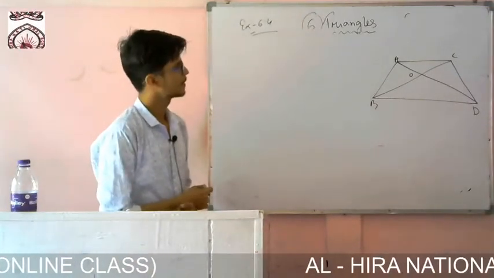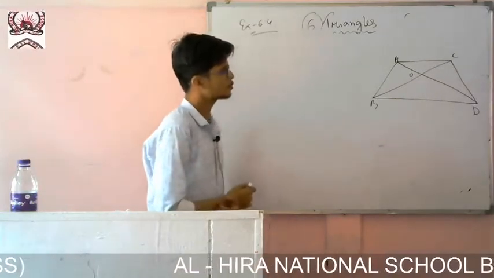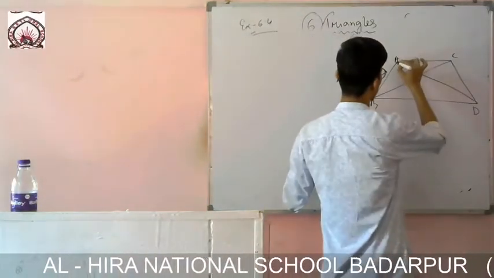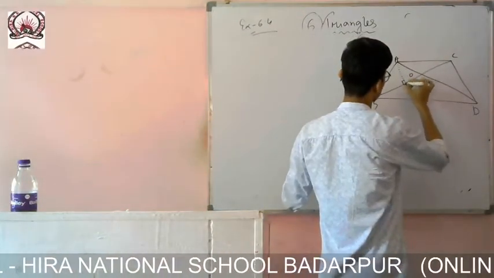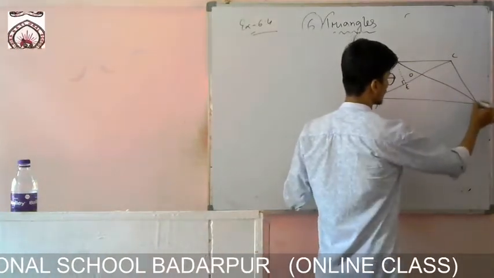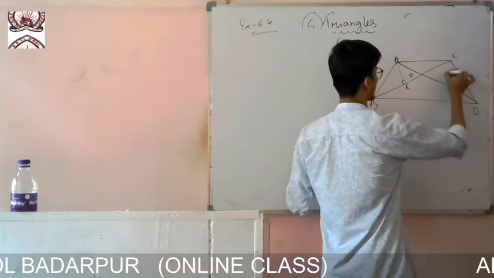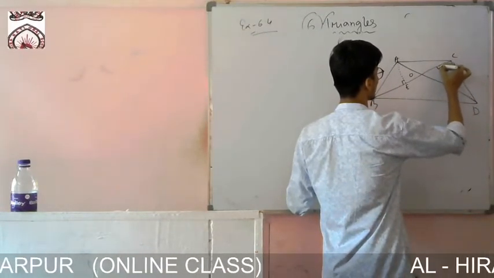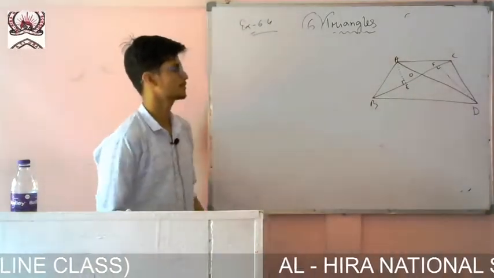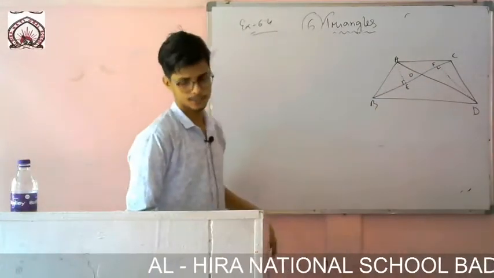Okay, so one construction we need to do. We need to draw two perpendiculars. One I am drawing here, because while finding the area we need the height. So AE I am drawing, and another one for this one, it will be somewhere there, so AF. I am drawing these two perpendiculars because if I want to find the area, then I need the height, the altitude.